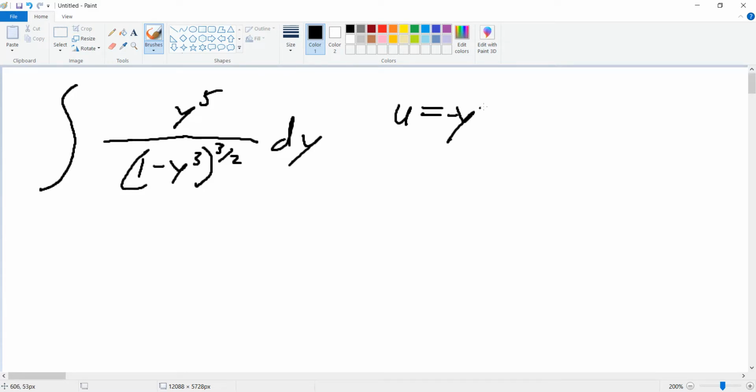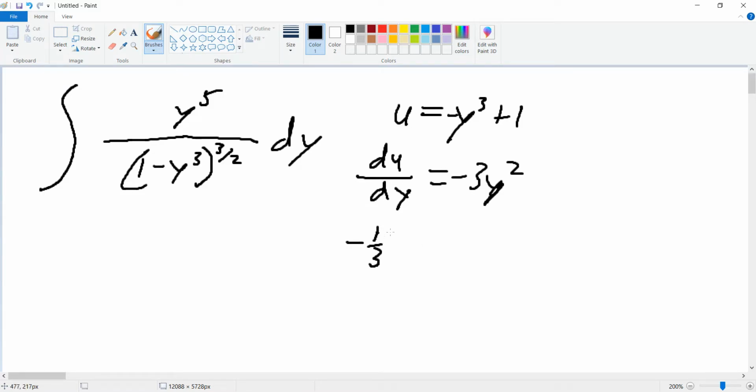y cubed plus 1, negative y cubed plus 1, or it could be the other way around. I just wrote it like that. And now we need to find the derivative of u compared to y in this case. So we would get negative 3y squared, and then throw the differential on the other side and get rid of the minus 3. So we would have negative 1/3 du is equal to y squared